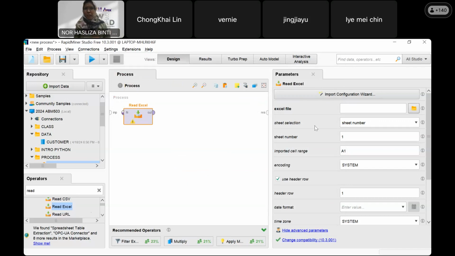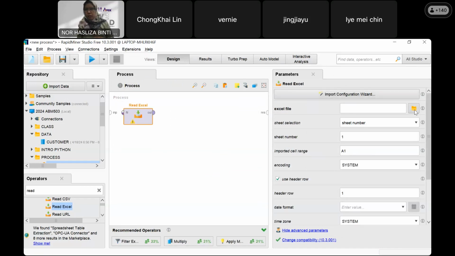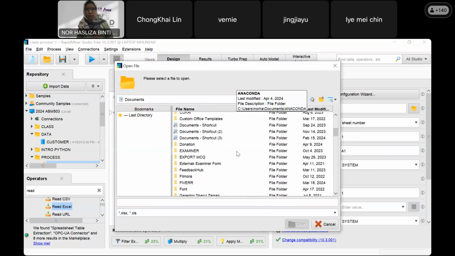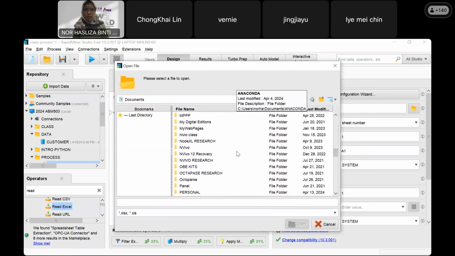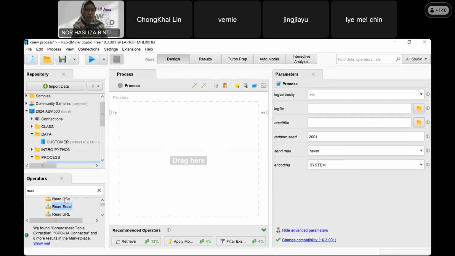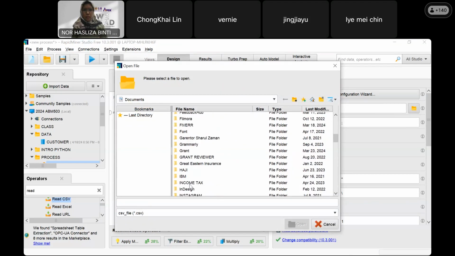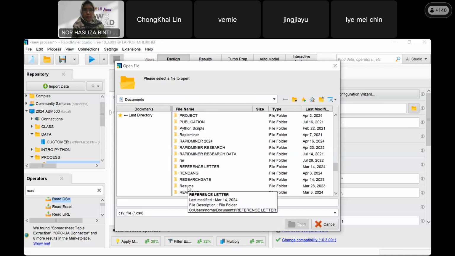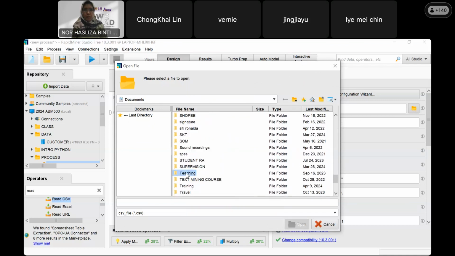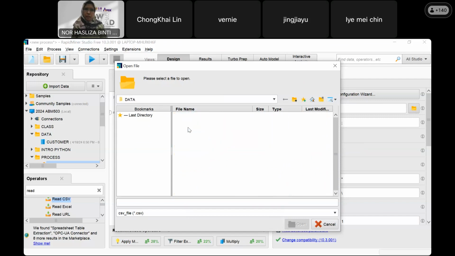I cannot get my file. Excel file or what's that? Cannot also.